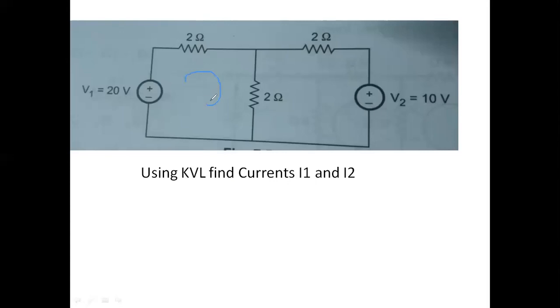This is I1 and this is the I2 current, and this is plus and minus. This is also plus and minus. So for this loop you have to find out I1, minus of I1 into 2 ohms